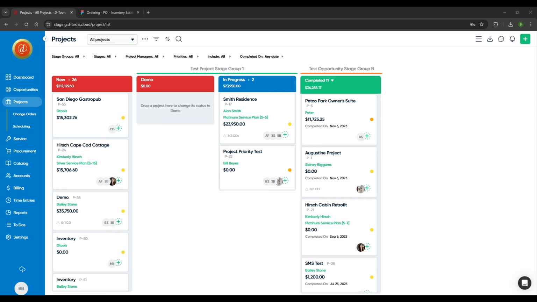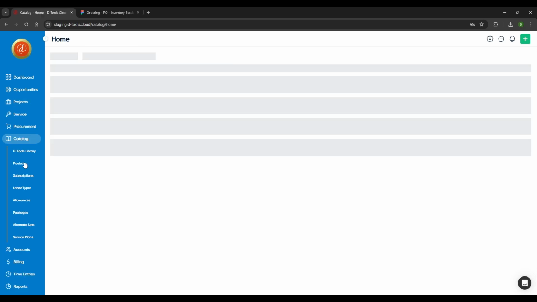With that said, let's get started and explore this new feature and see how it can transform your workflow. So first and foremost, how do I get inventory or my in-stock items into DTools Cloud? And where we're going to start is at the catalog,